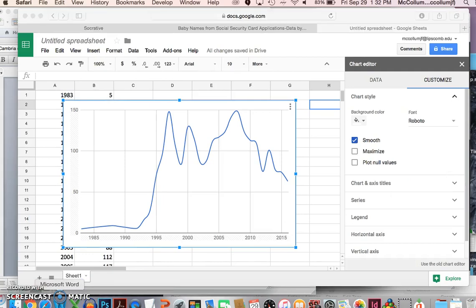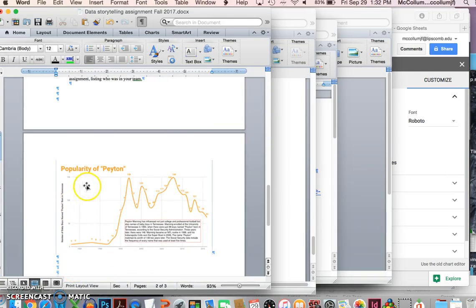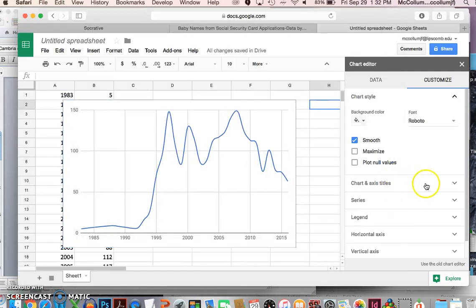I'm going to go back to Word for a moment and pull up my graph. I'm going to remember that my headline says popularity of Peyton, and it's a little bit hard to read, but my y-axis says number of baby boys named Peyton born in Tennessee, and the years down here will suffice for my horizontal axis. Under chart and axis titles then,